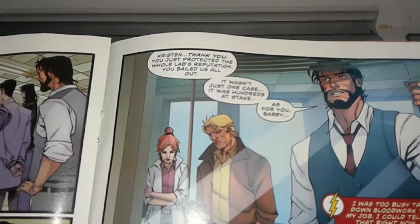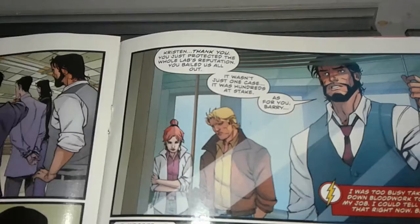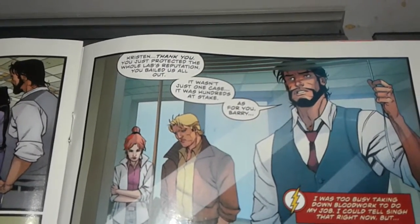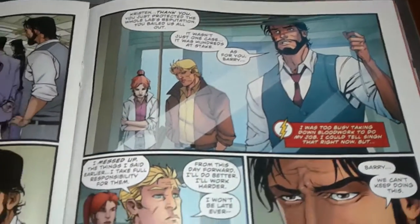And then Singh thanks Kristen for bailing out the reputation of the crime lab. And he's like, as for you, Barry, and he's like, I was too busy talking down blood work to do my job. I could tell Singh that right now, but...